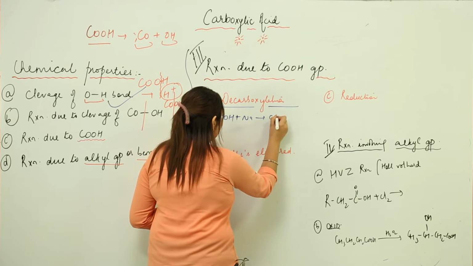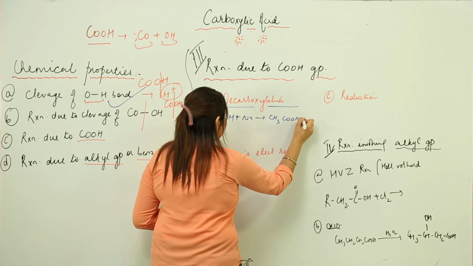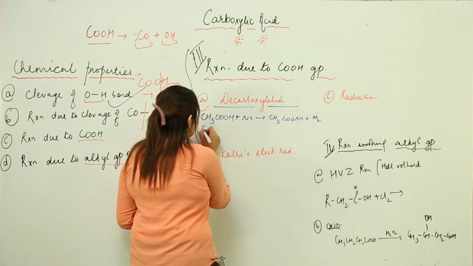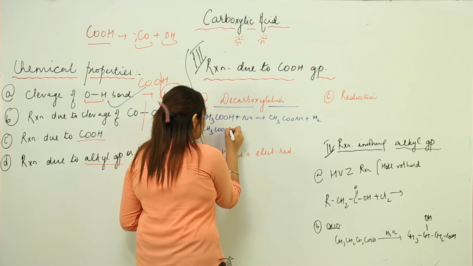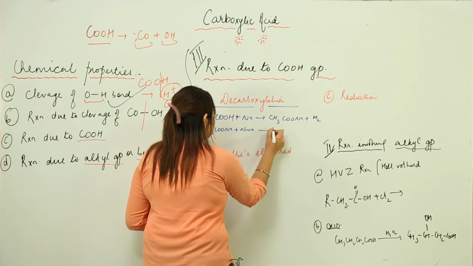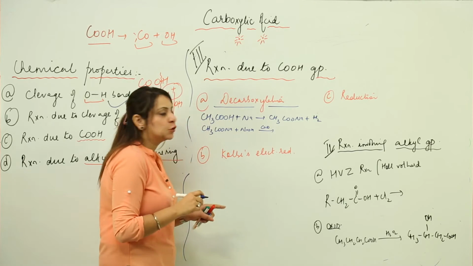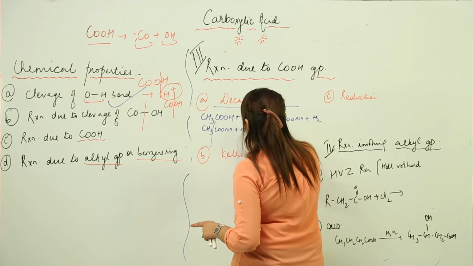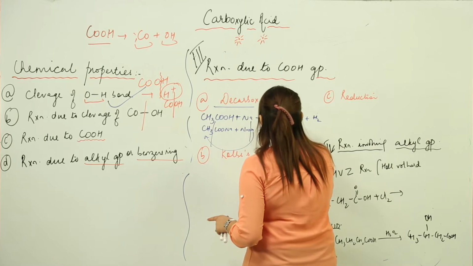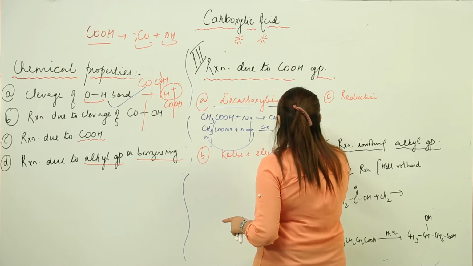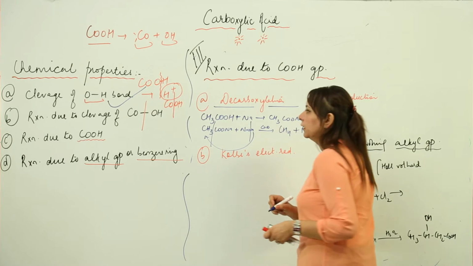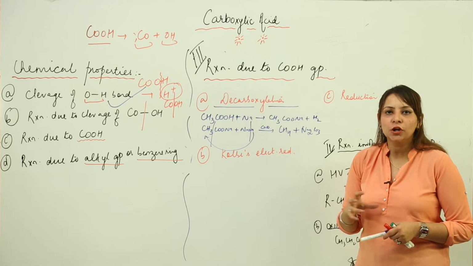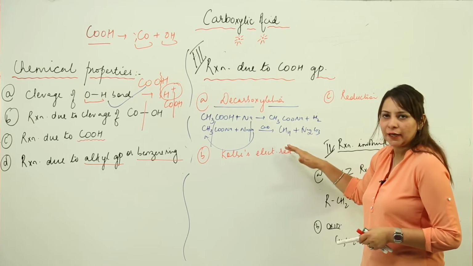with sodium, and we know that as it is acidic in nature, we will get sodium acetate with the liberation of hydrogen. Now when we react this sodium acetate with NaOH in presence of calcium oxide, so that it can absorb the water, the compound will break from here, and this H will go to this side and we will particularly get an alkane, along with sodium carbonate. So this is decarboxylation, that means the removal of the carboxylic group, as you can see in this reaction.